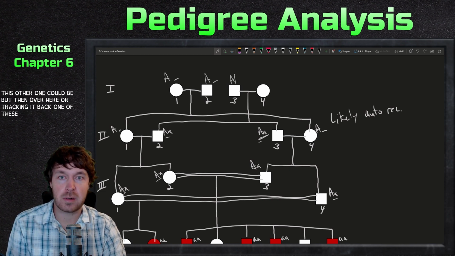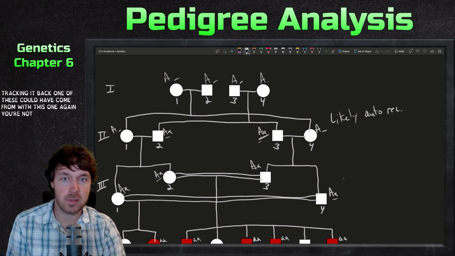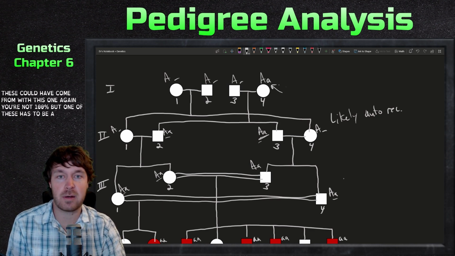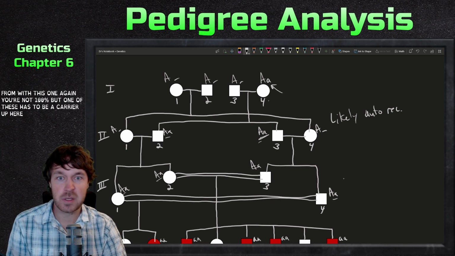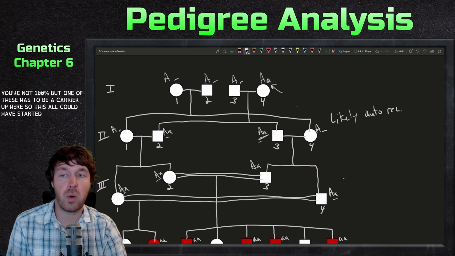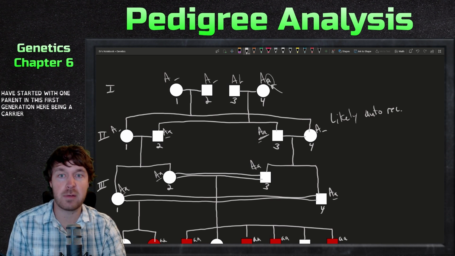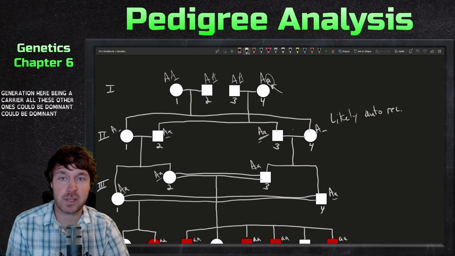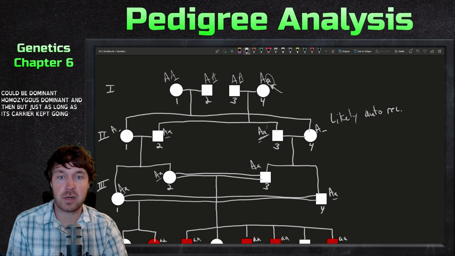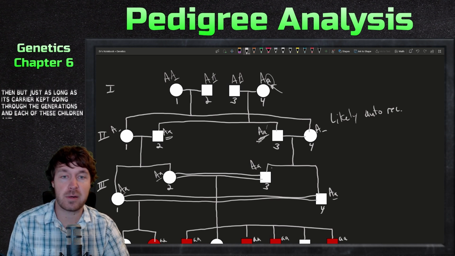One of these could have come from, well, this one, again, you're not 100%, but one of these has to be a carrier up here. So this all could have started with one parent in this first generation being a carrier. All these other ones could be homozygous dominant. And just as long as this carrier kept going through the generations and each of these children ended up heterozygous,